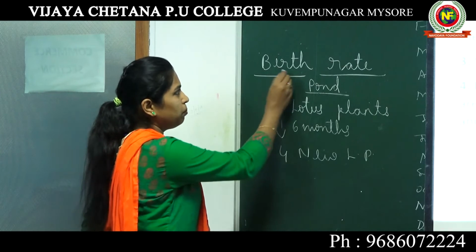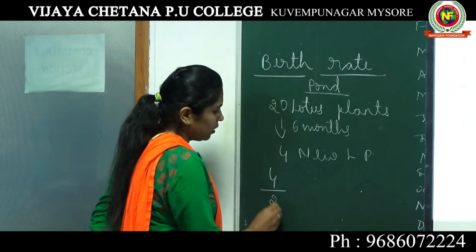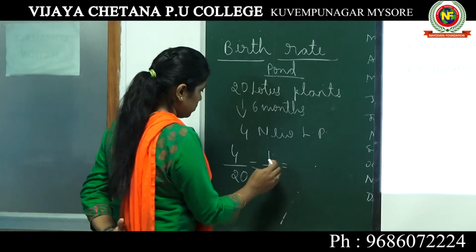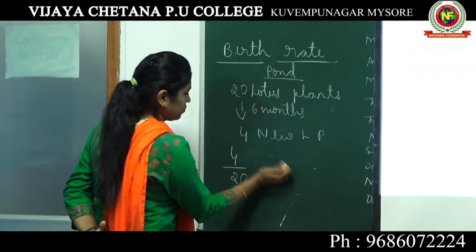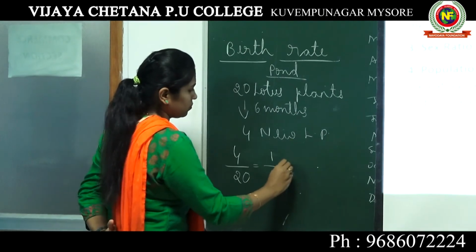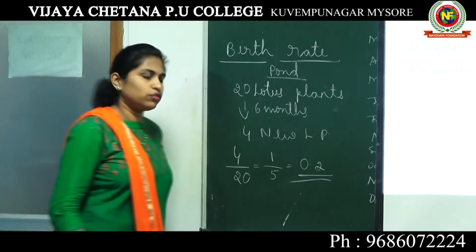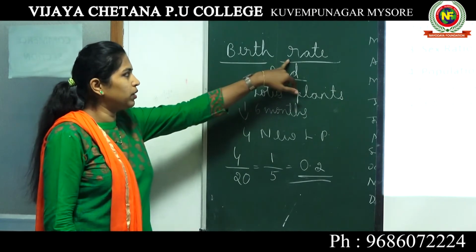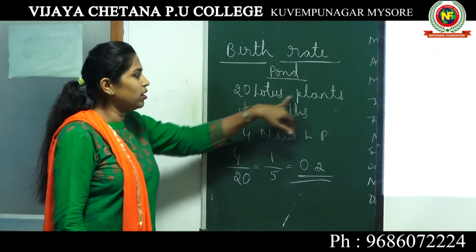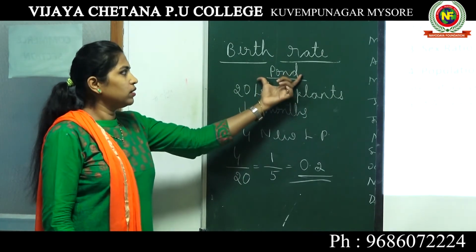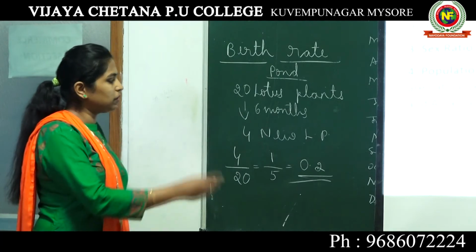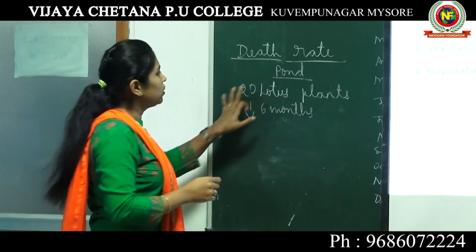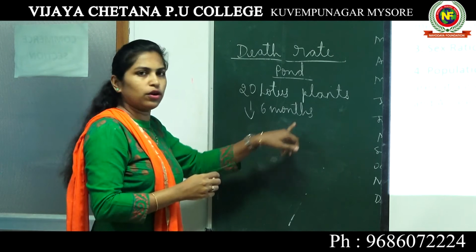Then how do we calculate the birth rate? Birth rate will become 4 by 20. So that is 1 by 5, which is 0.2. So 0.2 is the actual birth rate for lotus plants in this particular geographical area. Okay, similarly, if we have to calculate the death rate, for the same pond, there were already 20 lotus plants. In the time period of 6 months,